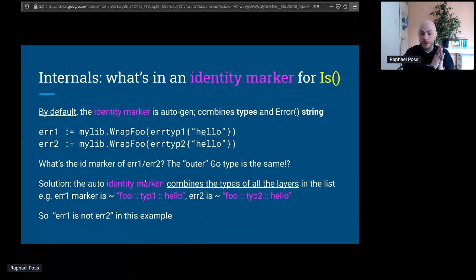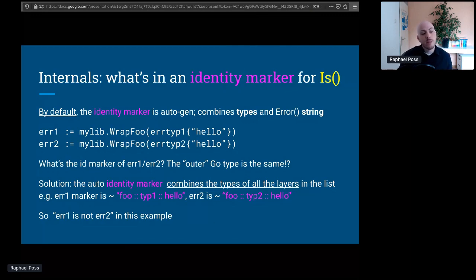So identity markers, that's the key solution here, the key idea is that we are going to use more than just the address of the error. We're going to combine the information about the types of the errors and also the error message. And so if you have two errors, for example, two basic types that are different, and you wrap them together, you need to be careful when you build a marker to embed all the types in the chain of errors and not just the leaf one, because if you have the same wrapper, of course, the outer type of the error is going to be the same. So if you want two errors to be different, if they have the same wrapper on the outside, you need to take all the types on the way. So that's what we do.